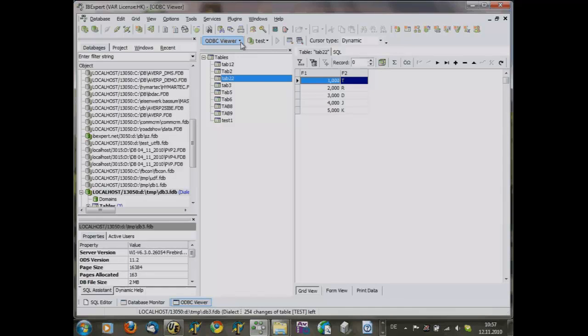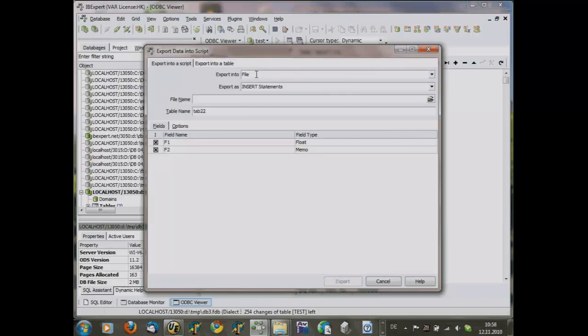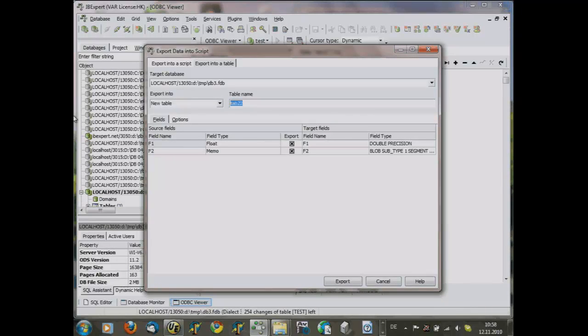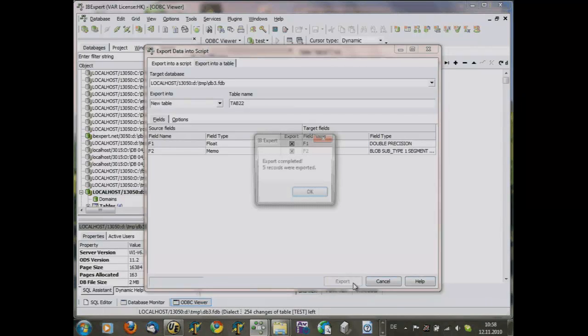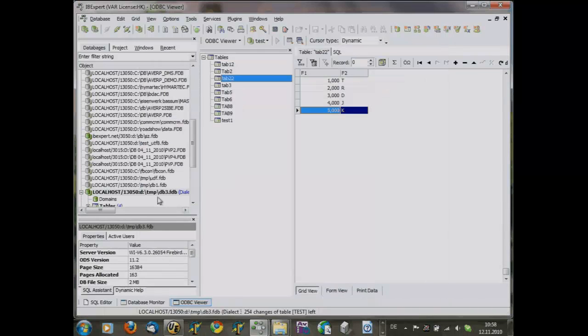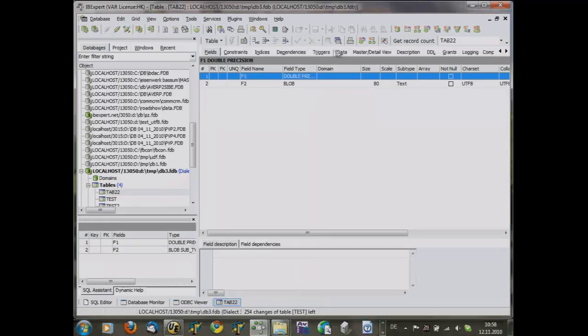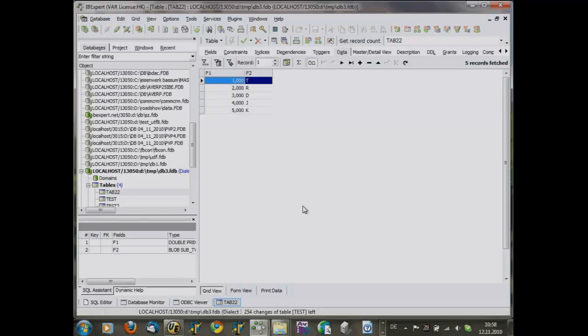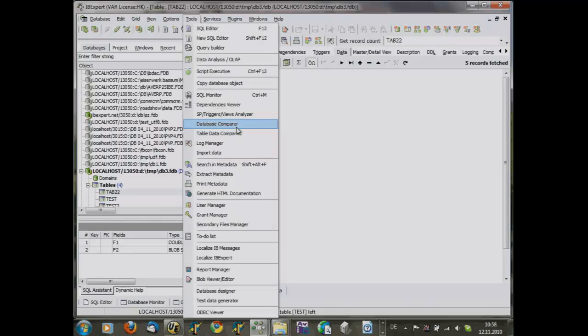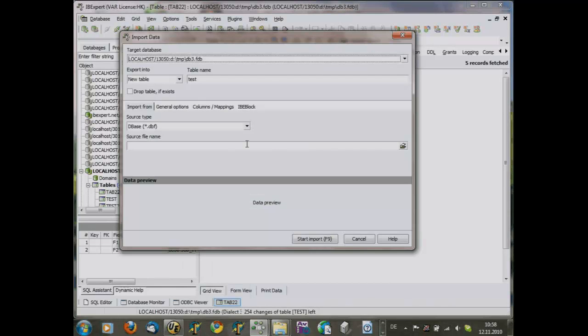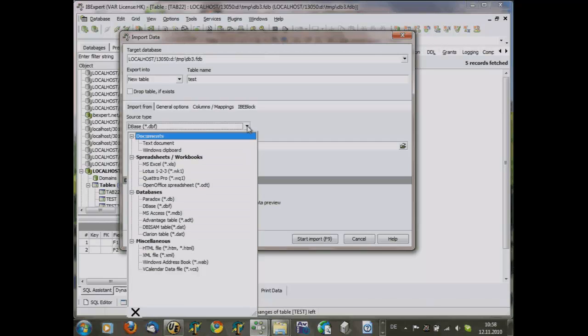So if you have data from any customer, and he delivers the data to you by Excel file, it's really easy to import them, because now we can say export to script table. I want to have it in a new table. I call it tab 22. These are the column definitions, and now they are exported. Exported from the point of view of the Firebird databases now means imported. Now I have them physically in my database, and I can use it for a stored procedure to update data in my old database or whatever. We also have an import data assistant, which will be the last thing I show you here.